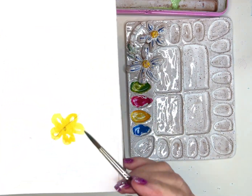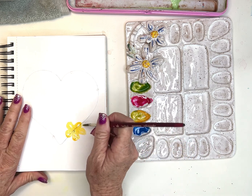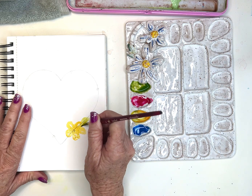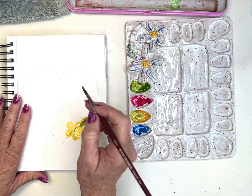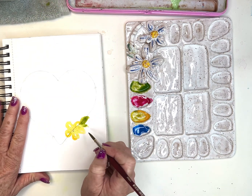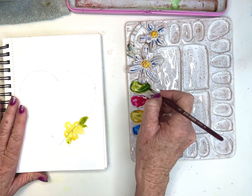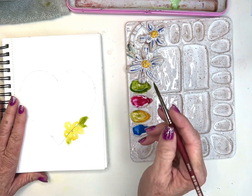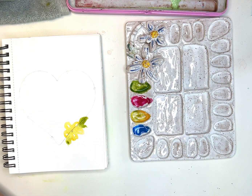See, the pencil mark is showing through my flower. Don't really want that. So point, press for my little leaf. Point, press. And I wanted it to kind of blend in with my flower. Point, press, so I get a little bit of that bleed. So I pick up some paint, tap it off. Look at all that water that came off, and then go into